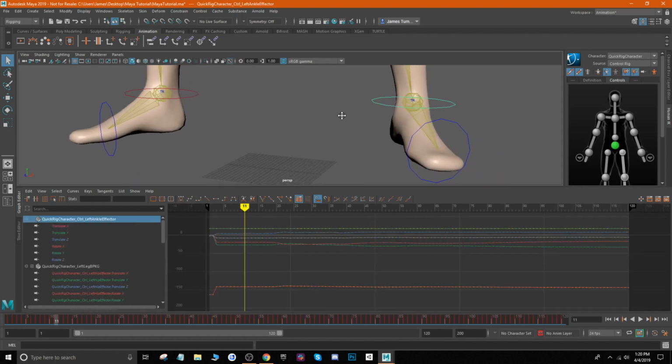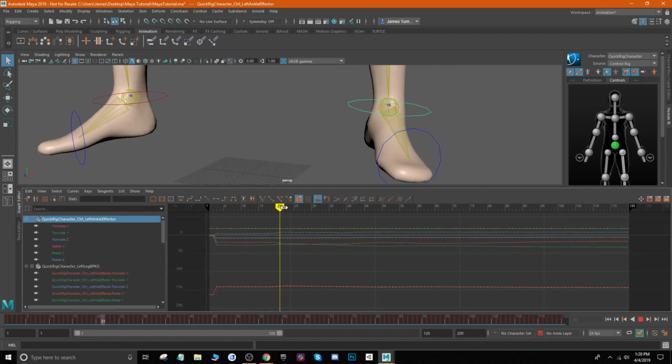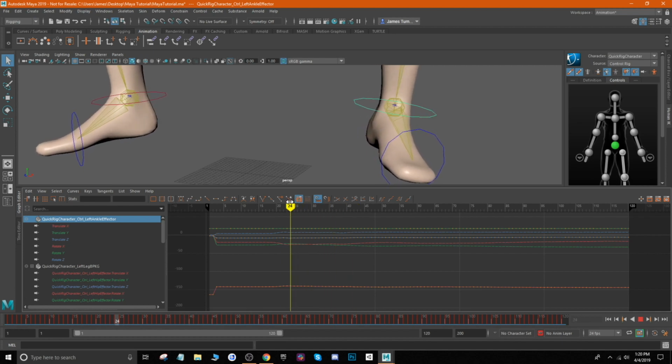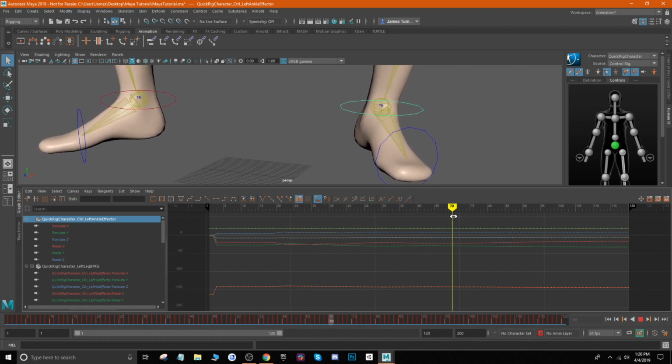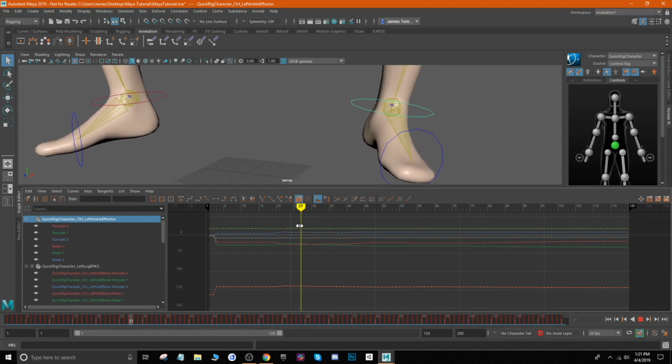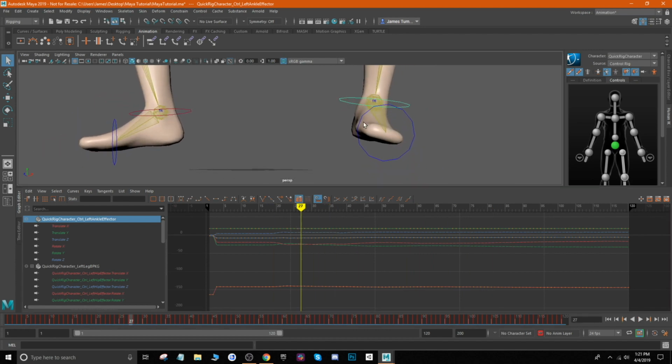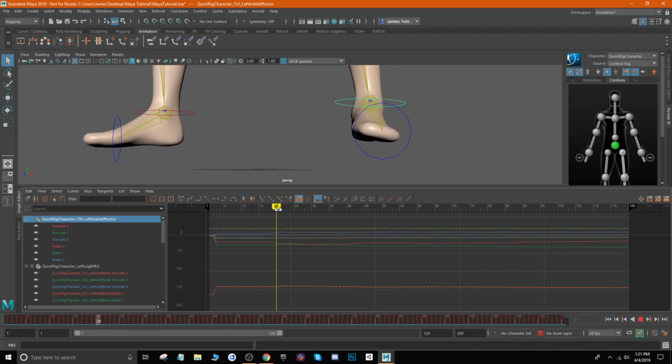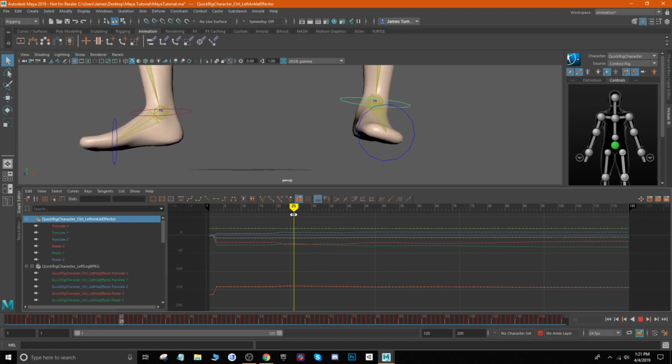So if you notice on this foot, when we scrub through it a bit, you'll notice that there's some slight rotation that's not quite natural. That happens right around here. There's just a little too much rotation to the right, and so I want to fix that so that it's not that extreme. And so we'll go ahead and go over here to our rotate,